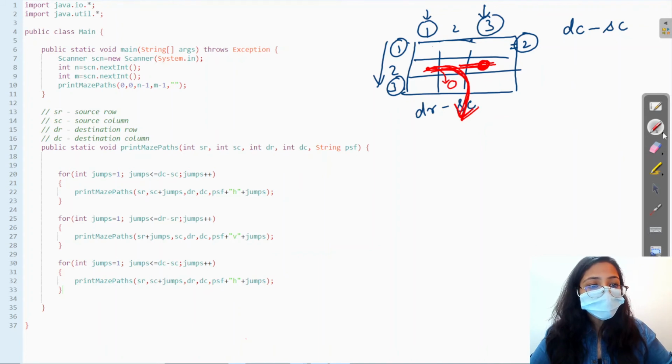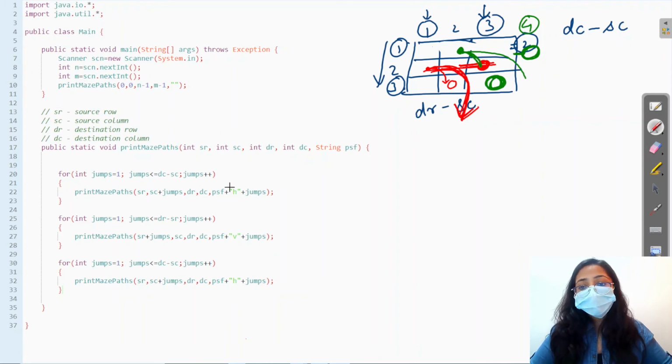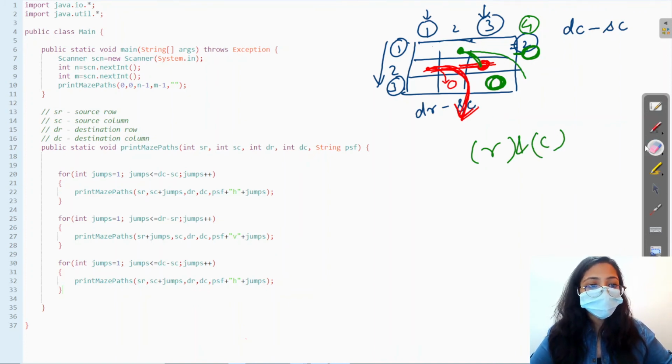Similarly, if I'm moving from this spot over here, I can take one jump, but I cannot take two jumps. Why? Because here I will not exceed the row, but I will exit the column from this side. We do not have a fourth column. So we have to make sure that for diagonals, I check for rows and also for columns. I have to check for both of these.